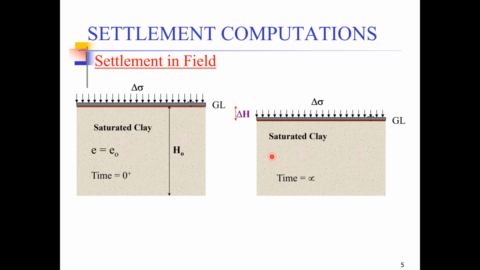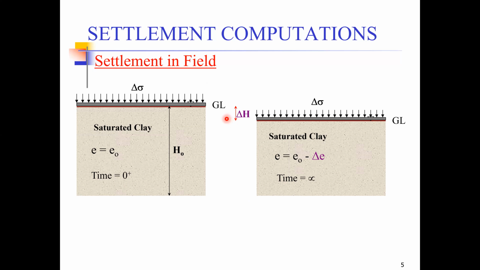If I want to determine the new void ratio of this soil, how can I determine it? Obviously, the void ratio of this one would be the initial void ratio minus the change in void ratio. So this is how I can determine the void ratio after the application of load, after the settlement has occurred. So with this background, if I want to determine the strain in the soil, now